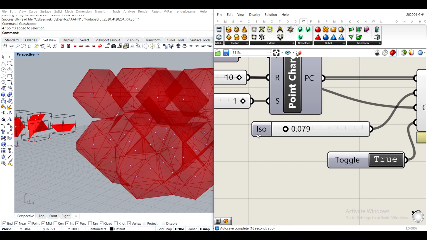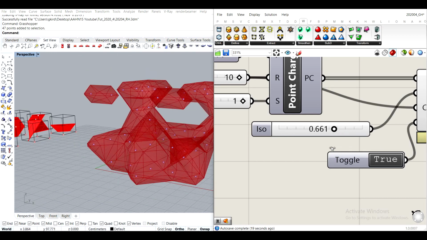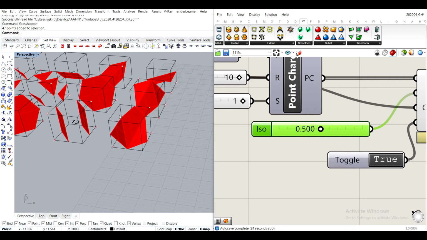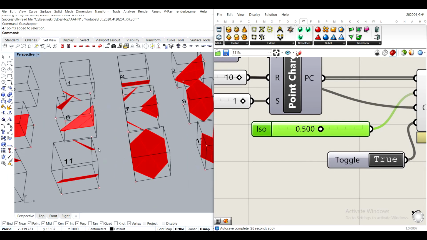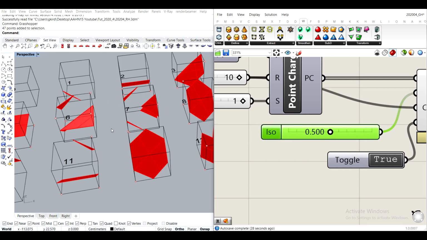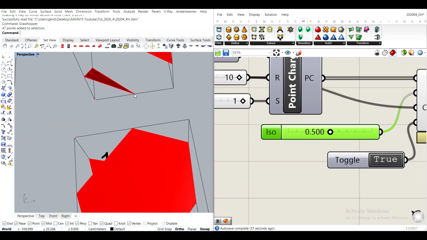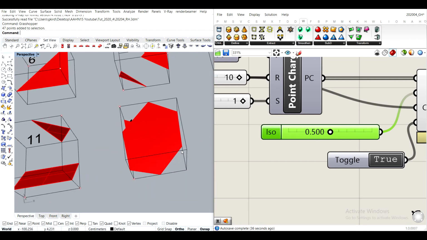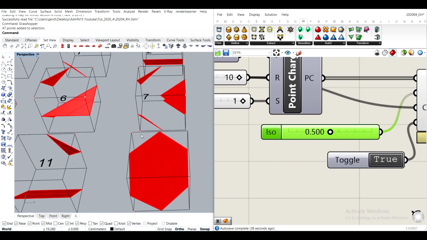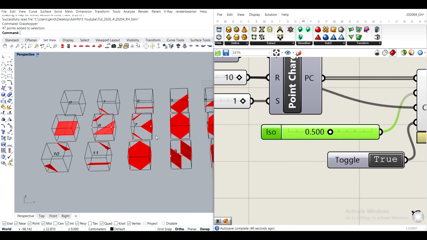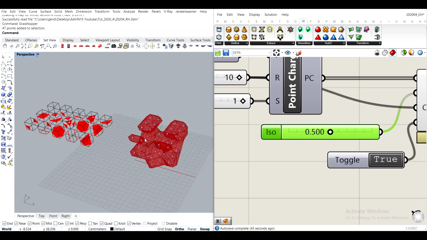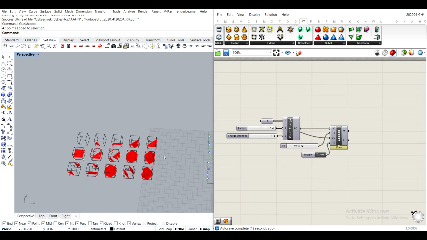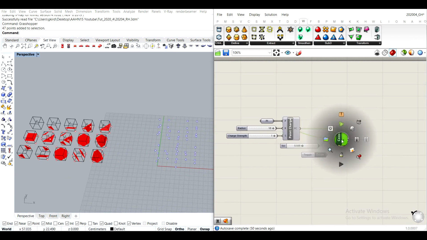The thing is, if we have ISO of 0 or 1, it's gonna break. And what we have here, like in all of these, is as if we were using ISO value of 0.5, because every single corner point of every single voxel element touches the edge of the voxel right at the midpoint, meaning that's ISO value of 0.5. To break it down even more, just so that it's very clear, basically to use this